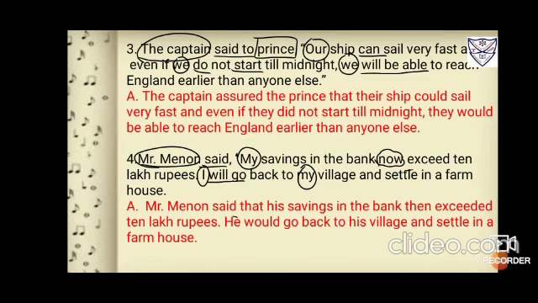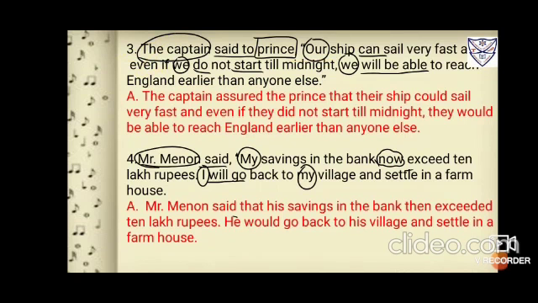Fine. So done with the reporting and the reported verbs. Now we'll go for the speaker. The speaker is the captain. So circle it. Prince is the listener. So we'll put a box. Now inside the reported speech, the pronoun used is "our." Again first person, circle it. "We," first person, circle it, then again "we," first person, circle it. Now here all are the first person, so first person changes according to the speaker. Speaker is in third person, so you have to use "they." Okay, and if it's "our," the plural of that, that is "our ship," so it is "their ship."